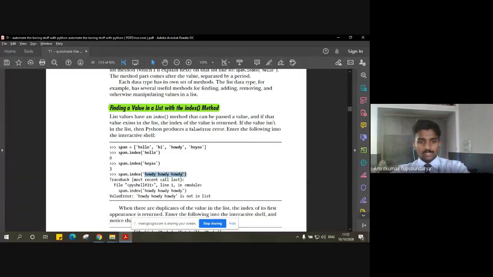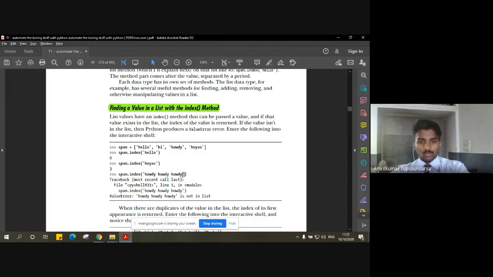Let's say we give the same word but repeated multiple times. As you can clearly see, we do have a word called howdy in our list, but this whole thing is a single string. You can see that it has been enclosed in single quotes. So the Python programming language will treat this whole thing as a single string, or one value or one element, right?